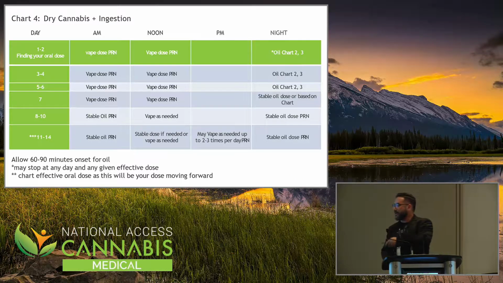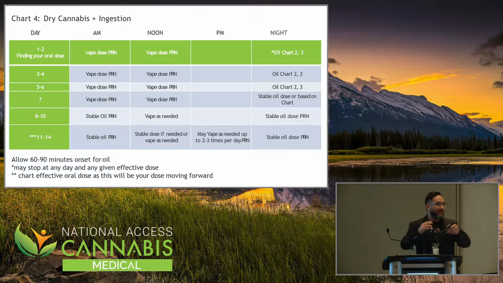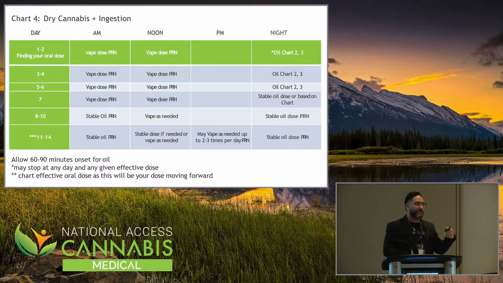And then, of course, to finish, they can use their oils as they need it, and they vape in between as they need it. So now you have somebody who's using vaporization and using oils. Now, here's the one thing we're starting to see, and we need to be really mindful of it, I mentioned it yesterday: it's oil-based. Oils are not good for us. And I think with time, we're going to start changing that with nanotechnology and with water solubility.